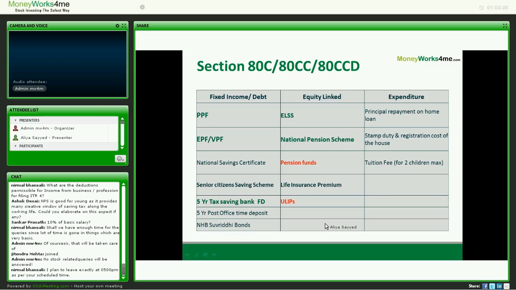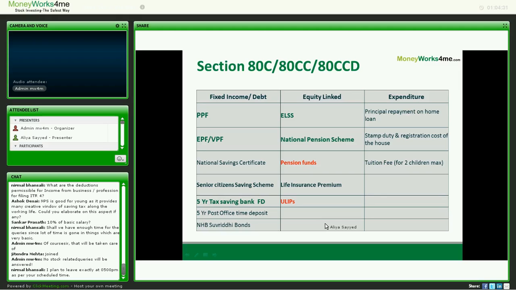Then again, if you're buying a house and you pay a stamp duty or registration cost of the house, that amount is available to you as a deduction. This deduction will be available only if it is done in that particular year. So if you're paying a stamp duty or registration in 2013, you can claim a deduction up to that amount in 2013 itself. And again, the amount should be paid from your own funds,